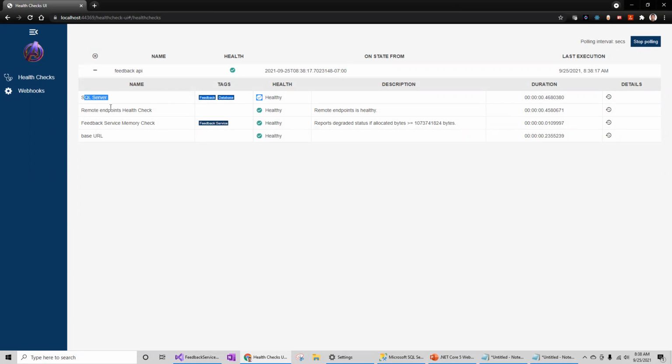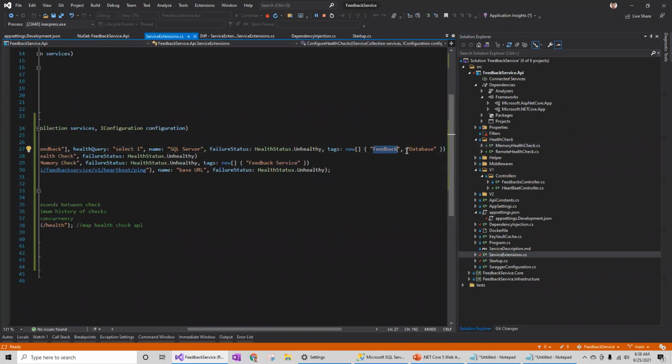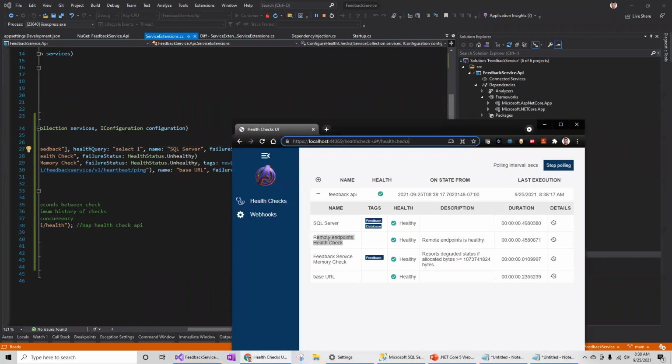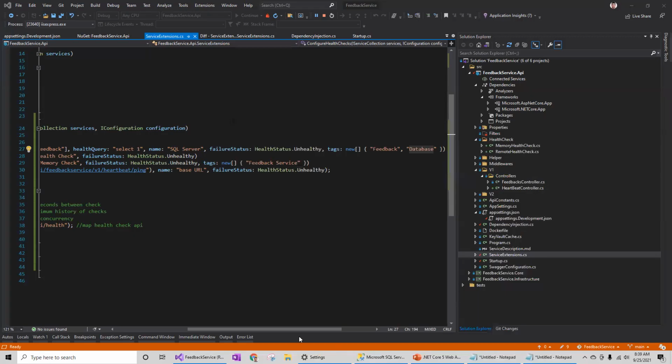You can add the tags in the code. Those tags are part of your configuration here. You can add tags which you want to display here. So this is the remote health check. This is the whole service and one of the endpoints itself. And also, sorry, this is the memory health check, and this is the own endpoint. So this is how you can keep adding. If you want to add the keyword service, storage account, the Redis cache, there are so many options for adding more features as part of this.